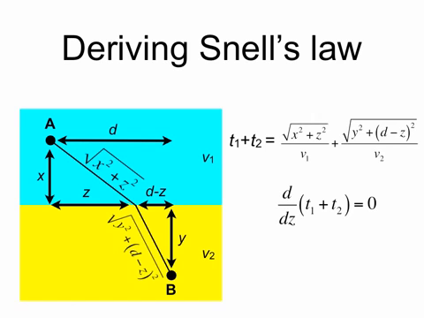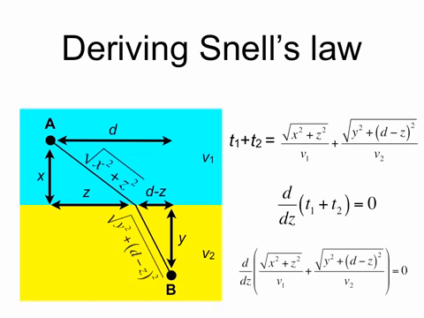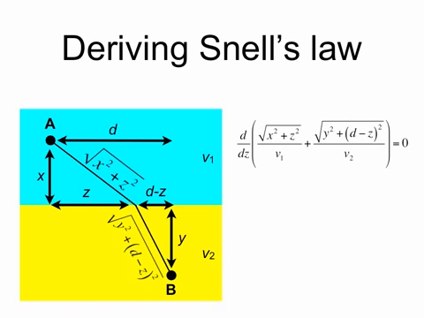We're trying to find z that minimizes the time it takes for light to travel from point A to point B. In other words, we're taking the derivative of the total time with respect to z and setting it equal to 0 to find the minimum. And we can plug in our expression for t1 plus t2, the total time. And so really what we're doing is we're taking the derivative of this expression and setting it equal to 0. So here's our equation, and we can take the